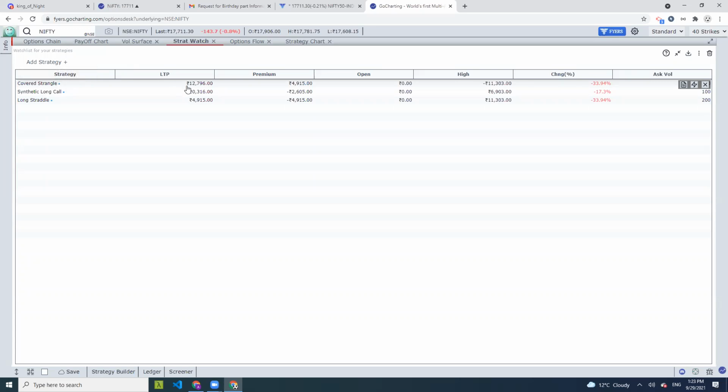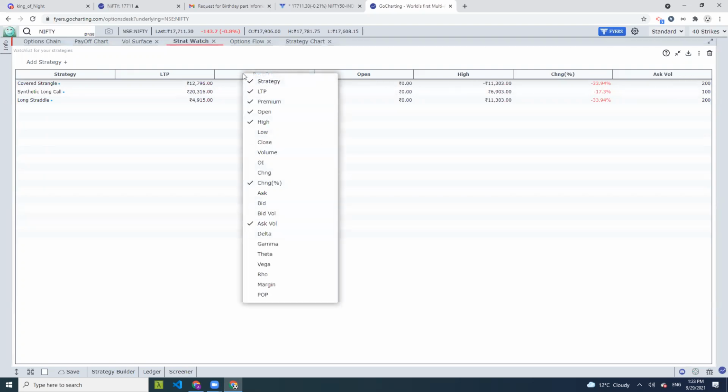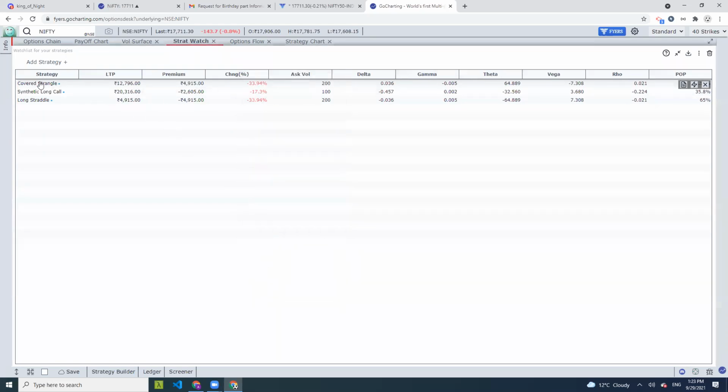It will give you what is the LTP, or basically the premium. Okay. And it will give you basically what was the open, high, low. Again, I can right click on it. I can get rid of open, high, and I can, for example, add pop and the Vegas and the Greeks. So what I've done is, at a strategy level now, okay, I have added these strategies: covered triangle, synthetic long call, long straddle, and I can now view the LTP, the premiums. Okay, I can view the change, percentage change, the ask, bid, all the Greeks, and the pop, which is